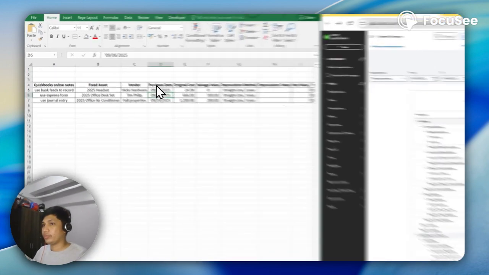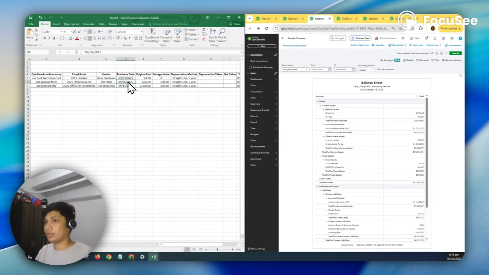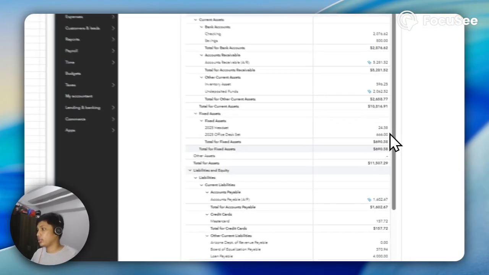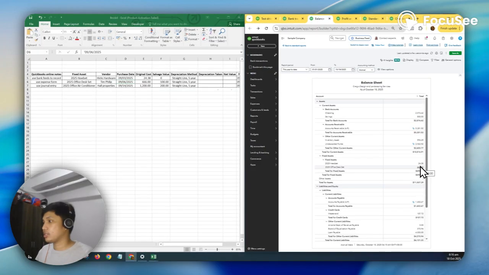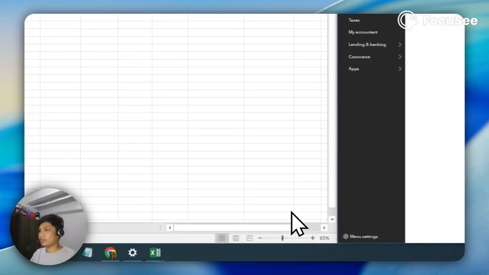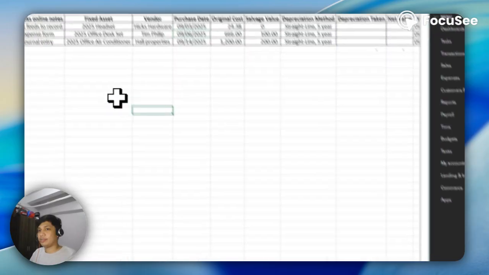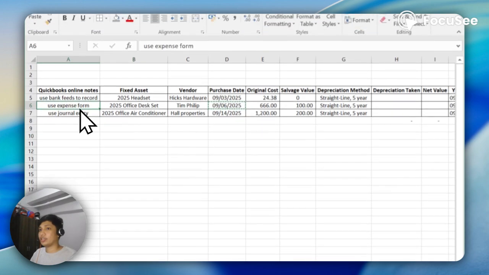Now for the 2025 desk set purchased on September 6, you can see here in the QuickBooks balance sheet 666 USD. So everything is recorded now. Next, I'm going to record the office air conditioner using a journal entry.